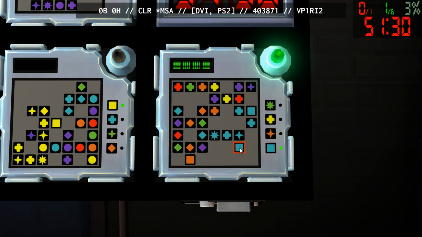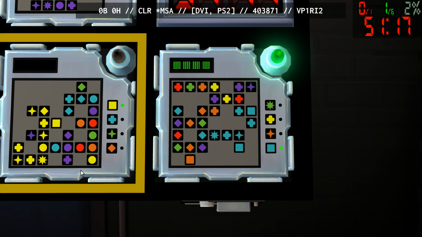All right, that's a solved module. Sometimes you have more than one option. That's possible. If you look at the log, it only shows you one solution, but there's sometimes more than one. I once had a seed that was...